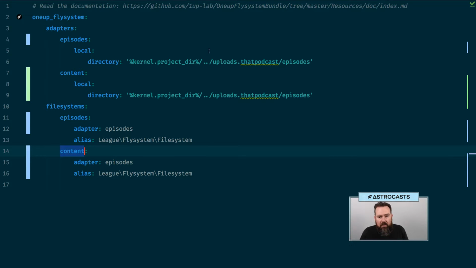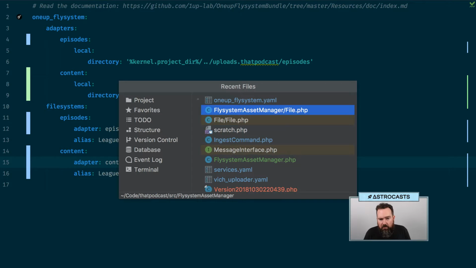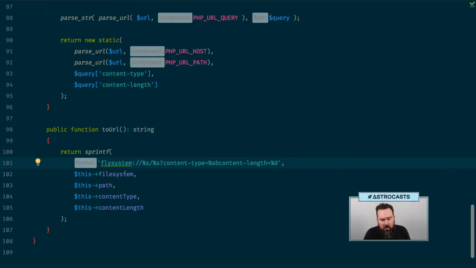So this is going to let the other code that was using the background image still work. We're just going to map two places to the same place for now. I'm going to use the content file system, or the content adapter. All right. And then if we go back here, we can do,